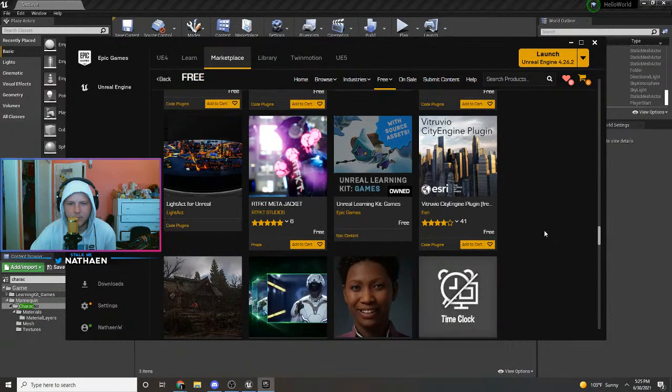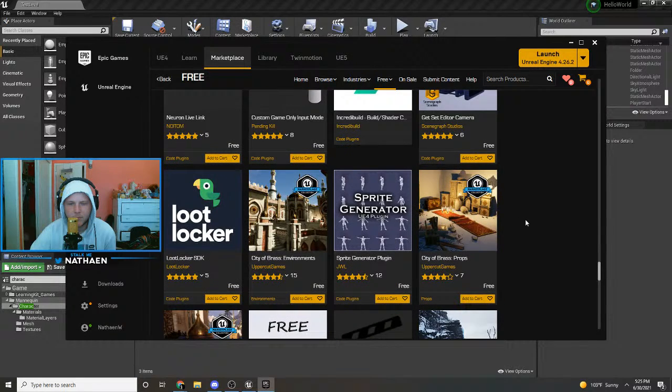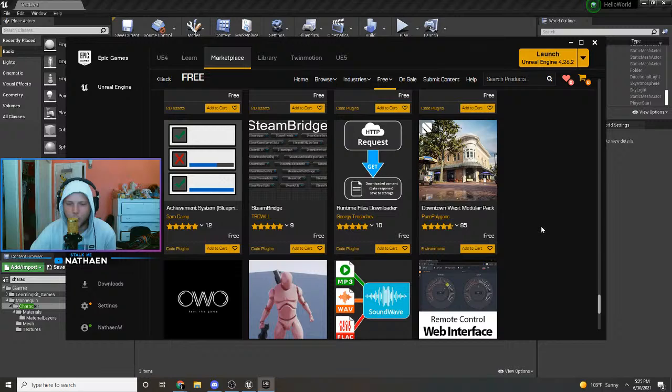Lastly, we have our vault at the bottom section. This is where items from our marketplace and our library and our learn all come together. So, for example, if I download the